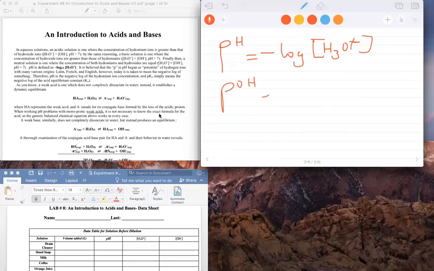pOH is given by the negative log of what? Negative log of hydroxide concentration. It's not always true that you'll be given an acidic solution and asked to find the pH. You may be given an acid and asked to find the pOH, or you are given a base and asked to find the pH of that base solution. In that case, you'll have to utilize this equation: pH plus pOH equals what? Equals